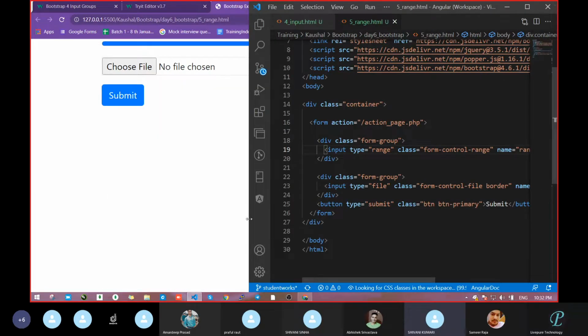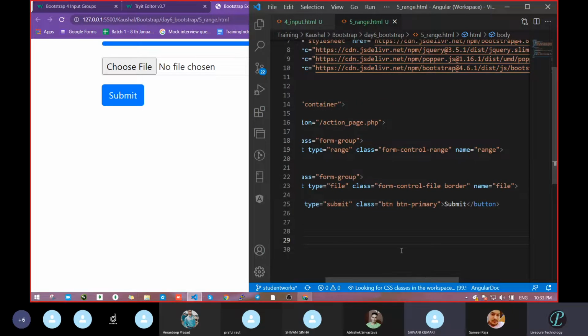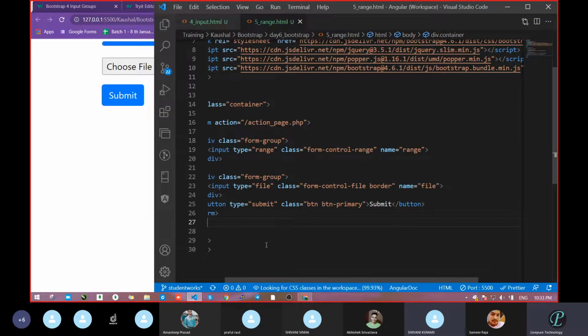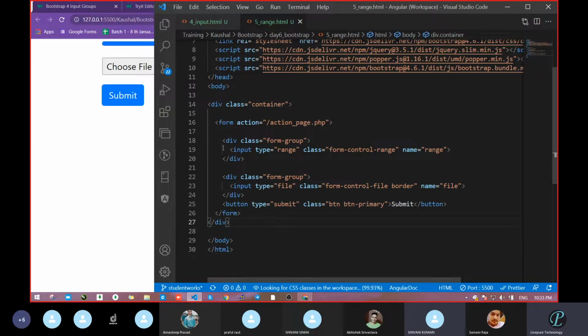What will name do? Just like I had explained in the previous case, at validation time it will indicate and pass that some value came for this input field. To whom will it inform? It will inform the form. Okay, with the help of name, the form tag will know some value they had got, some value they had passed. With the help of this property itself, whatever you pass there, the form tag will know that.